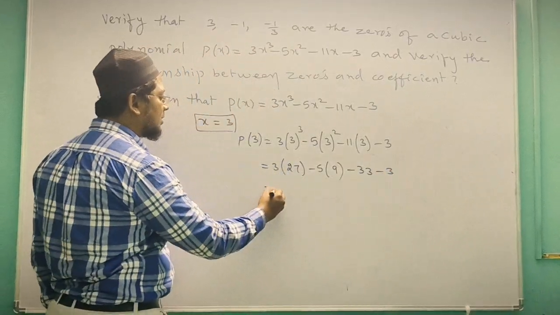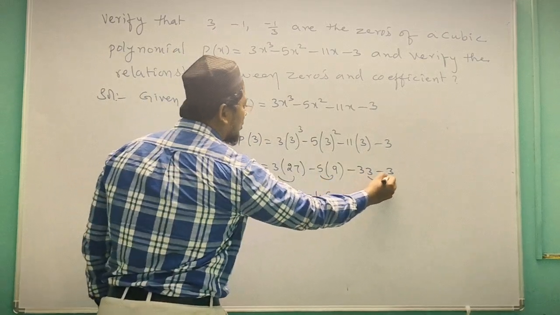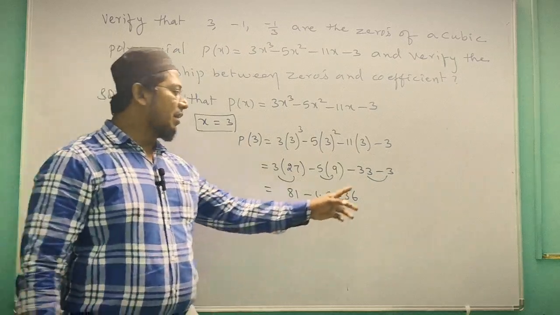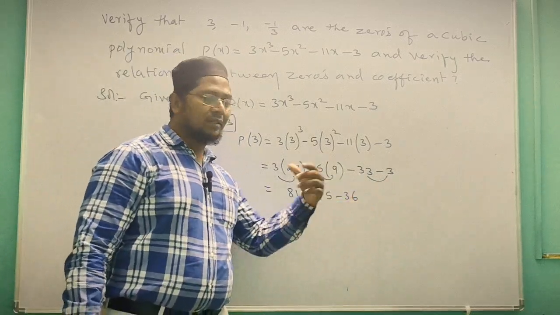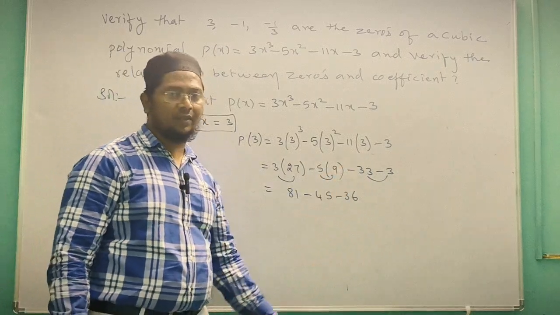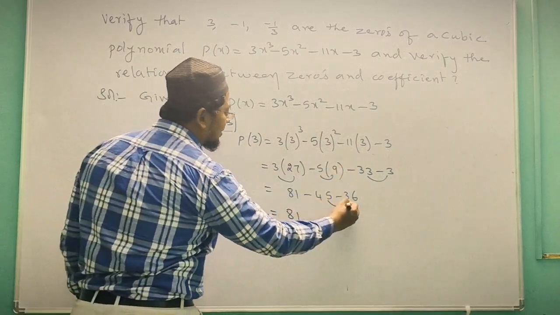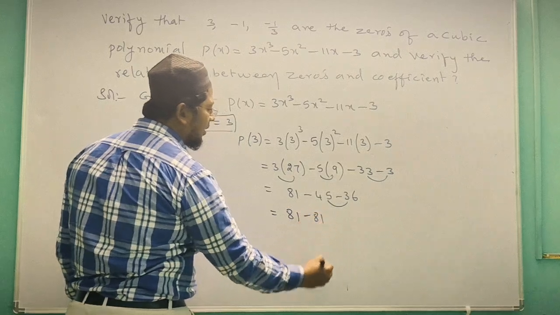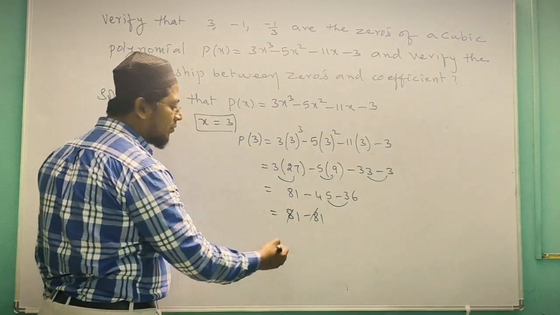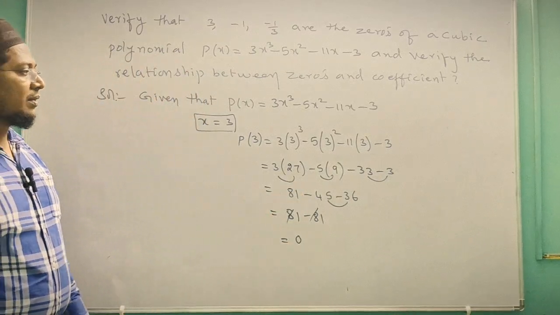So 3 into 27, that is 81. 5 9s are 45. Adding these two negative signs, it will be minus 36. Minus 33 minus 3, what is the answer? Minus 36. That is the addition rule: same sign, we have to add with the sign. We have 81 minus 45 minus 36, which is also equal to 81 minus 81. 81 cancels 81. What we have, sir? We have a 0, which means